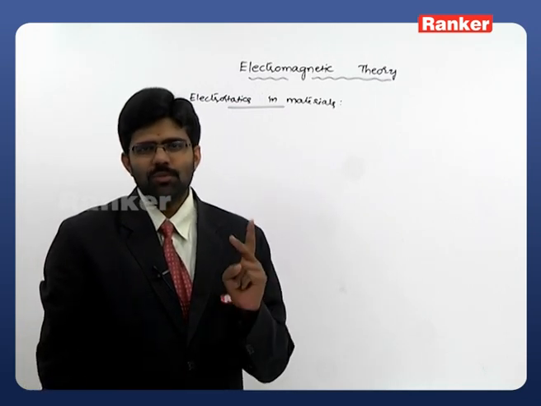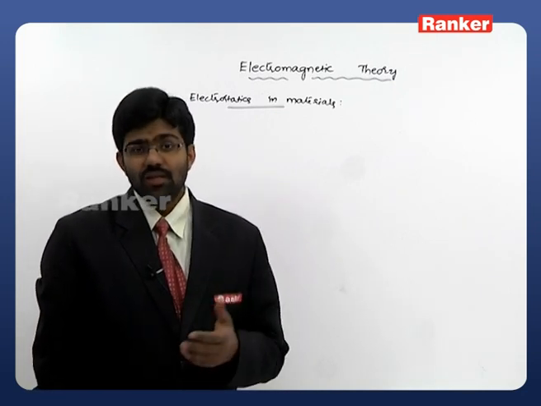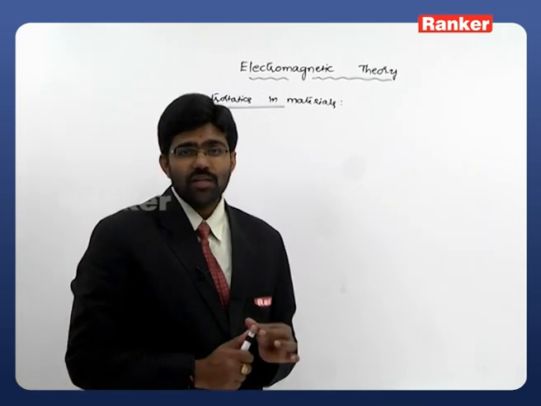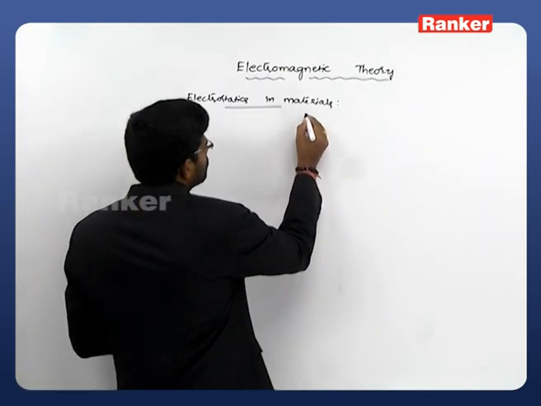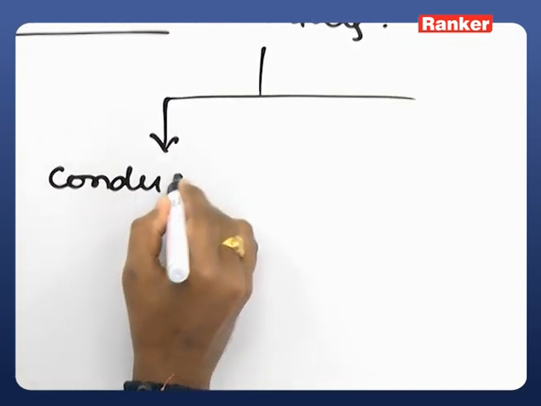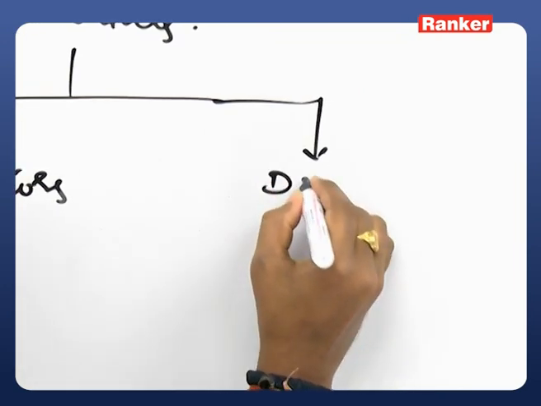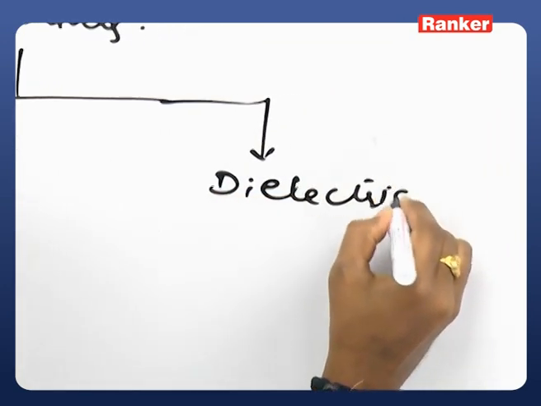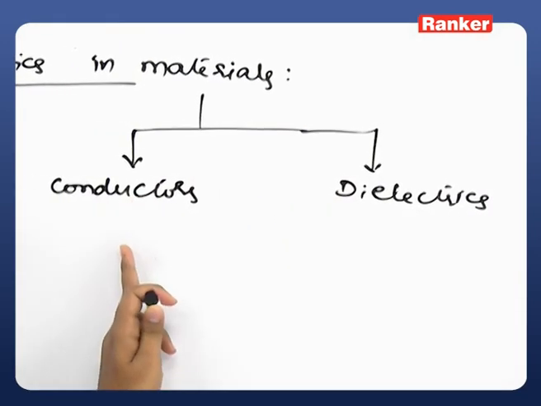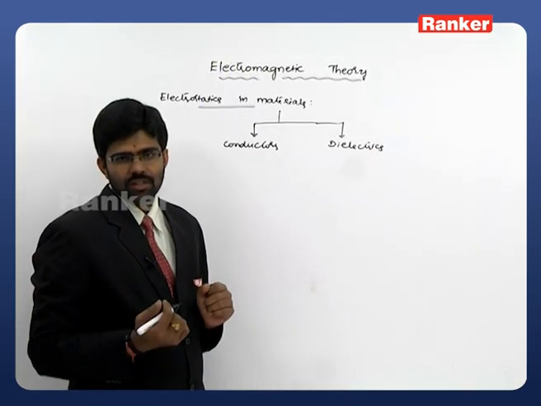We have majorly two types of materials: conductors and insulators. Here in our electromagnetic theory we will call those insulators dielectrics. So the materials will be classified as conductors and dielectrics. A particular material is called a conductor whenever it possesses some conducting nature, meaning